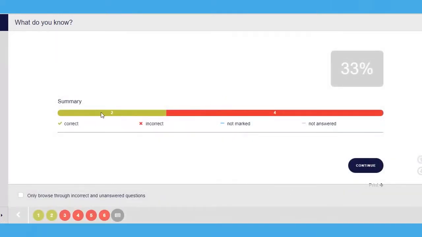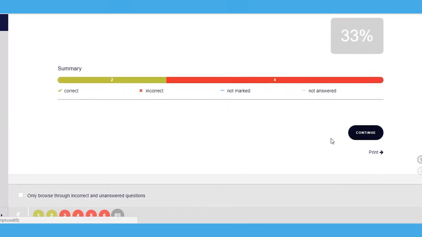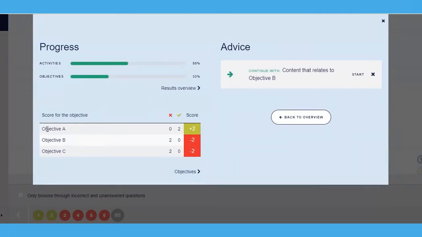The user has 2 correct answers and 4 incorrect answers. The system will then provide an opportunity for the user to go back and look at what questions were wrong. You can see that in Objective A, the user got a score of +2 with 0 wrong and 2 correct. In Objective B and C, the user got 2 questions wrong and 0 questions correct, therefore getting a -2 score